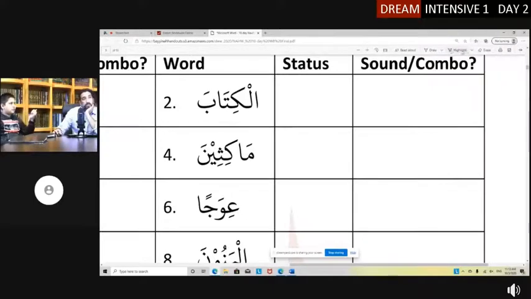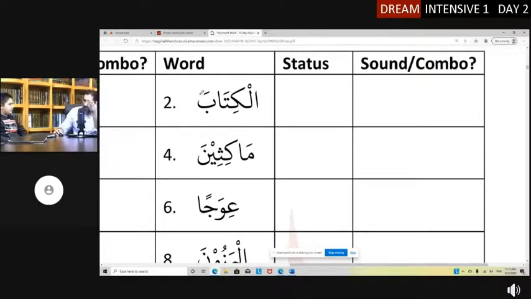Al-kitaba. Al-kitaba. So it's a combination? Is it a combination? No. You sure? Muslimun, Musliman, Muslimin. The combinations are ani, Ani, Aini, una, Una, or ina. You see any of those at the end? No. So it's not a combination. So it's a sound, which means it's got to be 1 something. So it's Nusseb. Good. 1 nasab. You clear about that? Yeah.